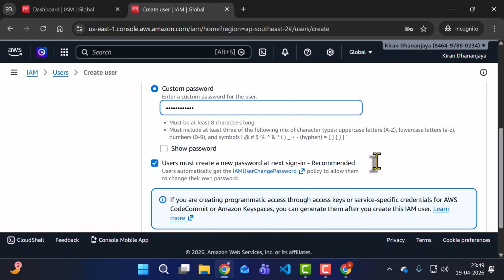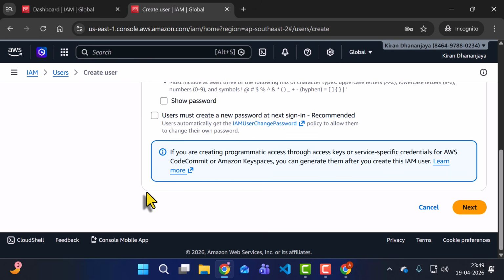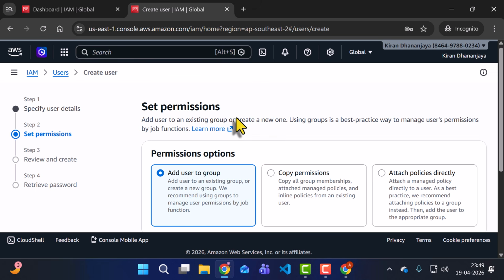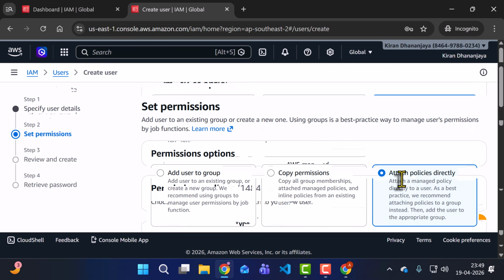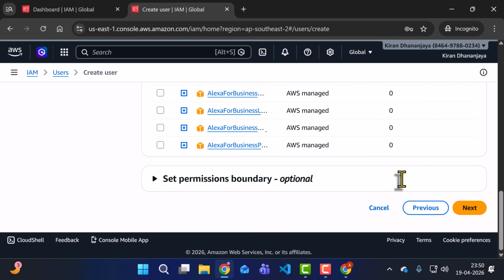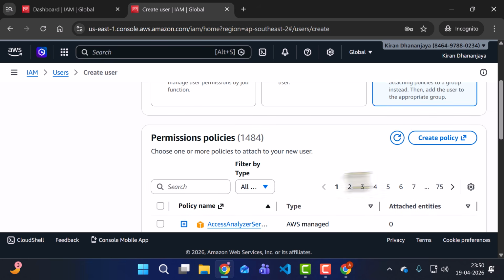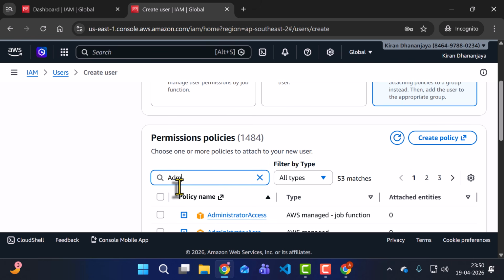Let me scroll down a little. I'm going to uncheck this option which says users must create a new password at next sign in, which is recommended. But for this demo, I'm going to unselect this and click on next. Now comes the permissions part. So I'm going to select attach policies directly. And here's a list of policies that you can apply to this user. So I'm going to select administrator access,